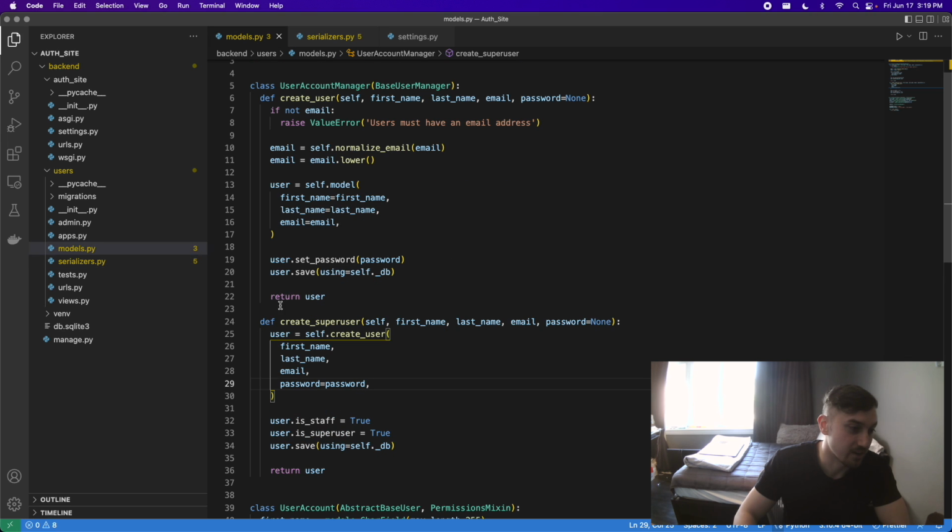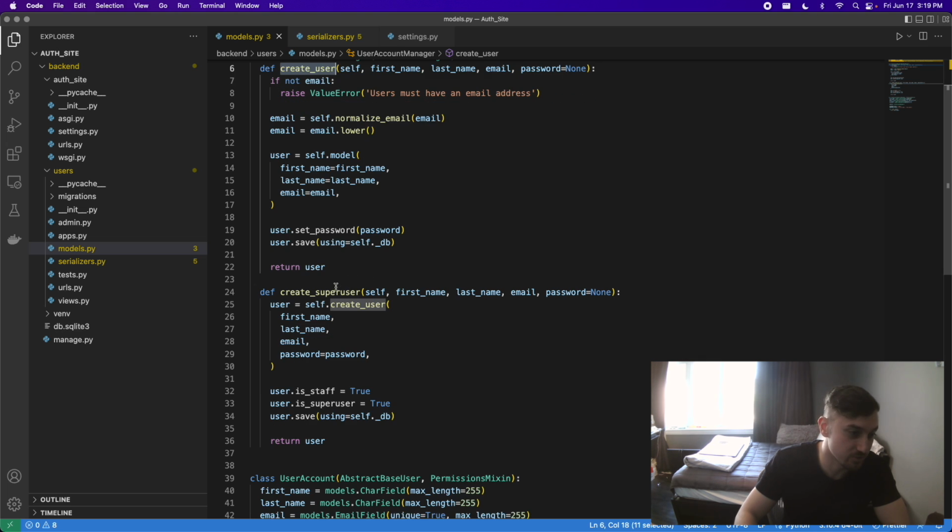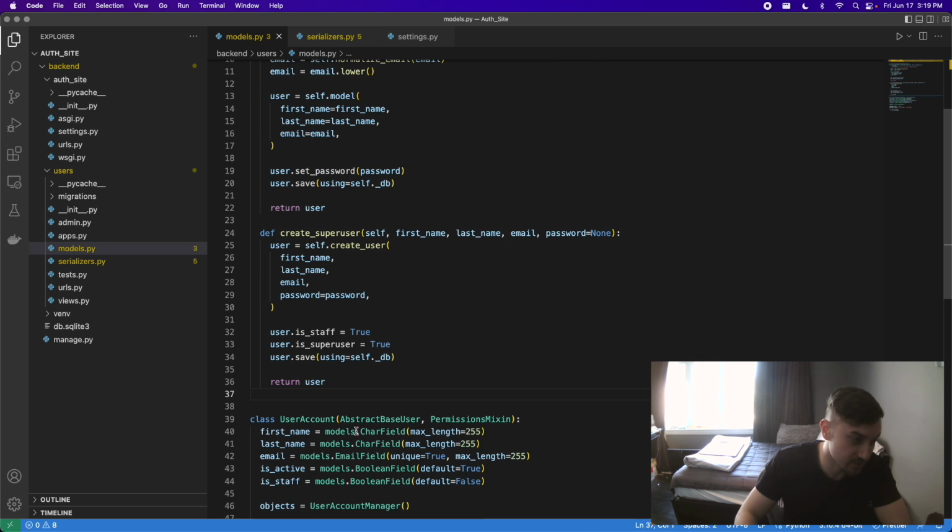So anyway, we had our custom user model with our user account manager where we had the override for the create user and the create super user, where the create super user will just set these 2 flags so that we can log into the admin panel and also make certain adjustments inside of there to any data that we register in there, which we would do through these admin.py files, which I'm not going to be doing in this